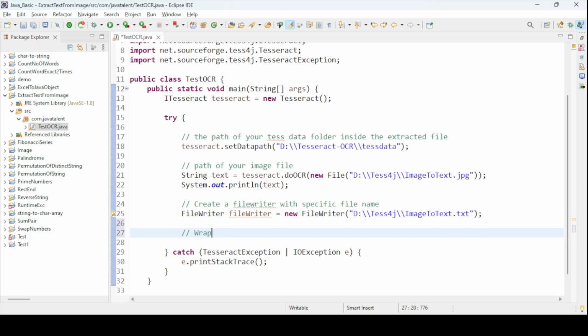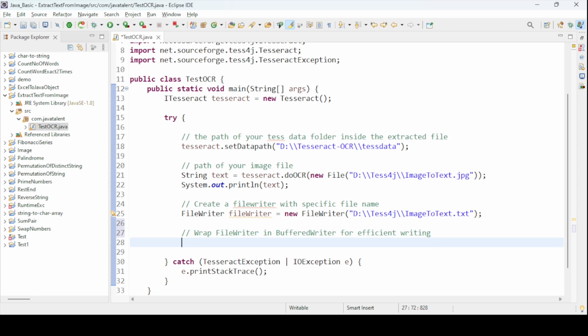Basically, wrap FileWriter in BufferedWriter for efficient writing. Okay, so BufferedWriter